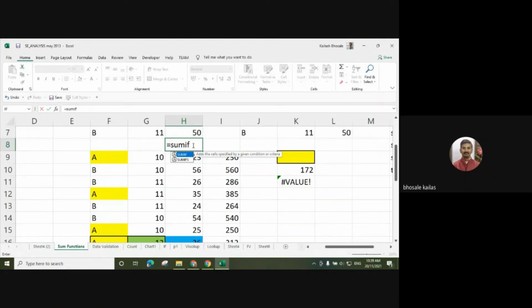It adds the cells specified by a given condition or criteria. So we have to give some criteria, and we can make the summation.